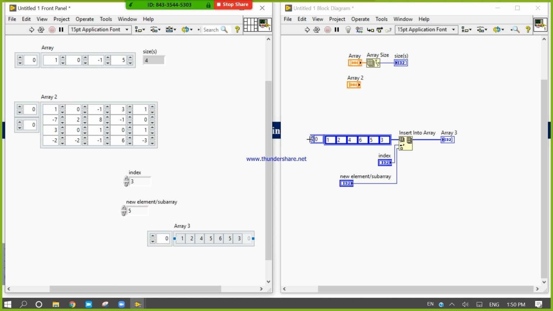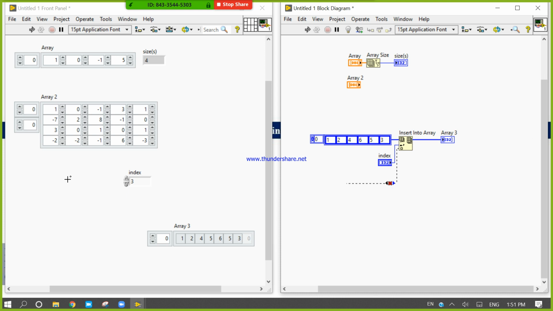Okay, now 0 1 2 3 4, and then 5. Okay, 0 1 2 4. After that 5 inserted. So by using this insert, you can insert a value in the array.